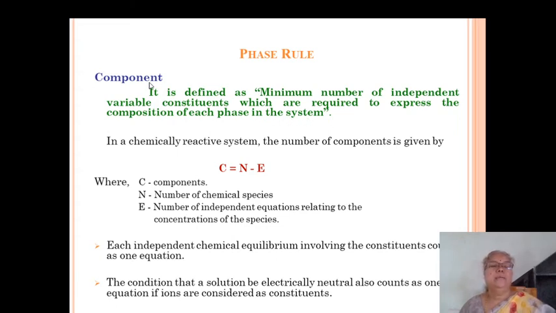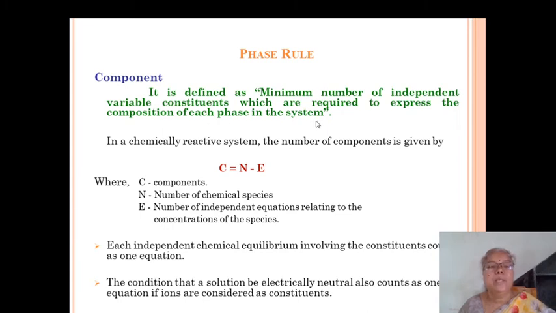Here, C is the number of components, and it is defined as the minimum number of independent variable constituents. The components must be the minimum number of independent variable constituents which are required to express the composition of each